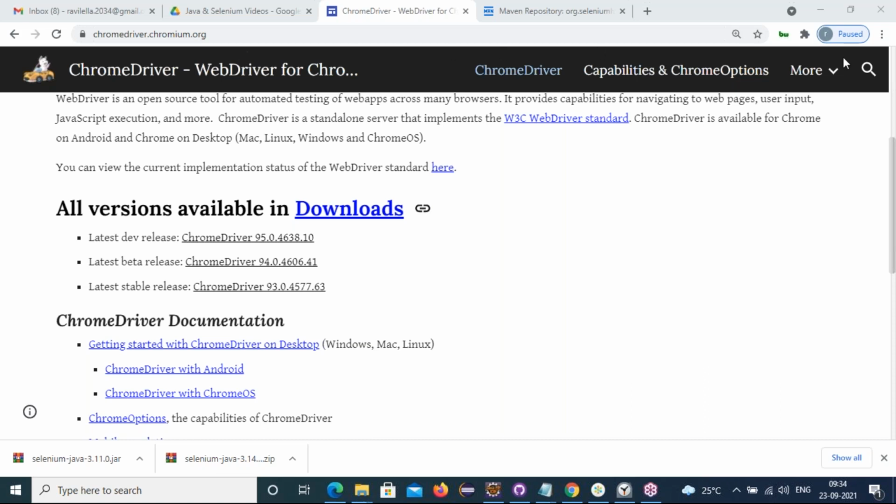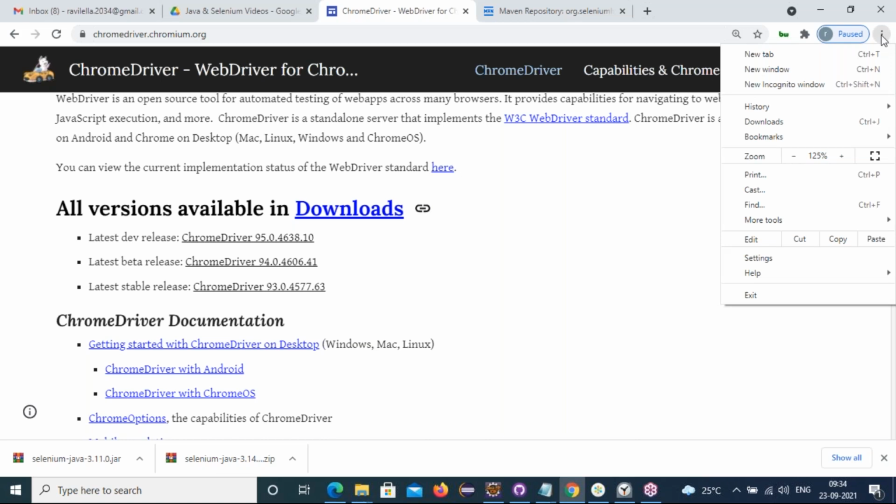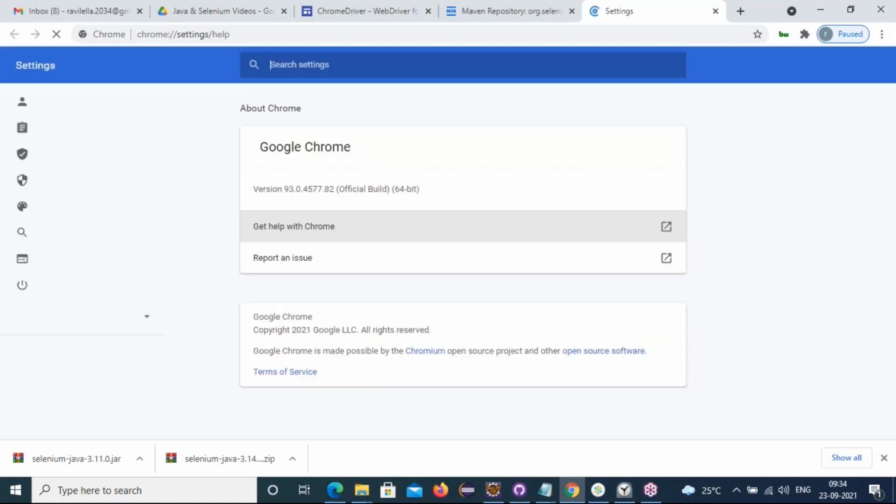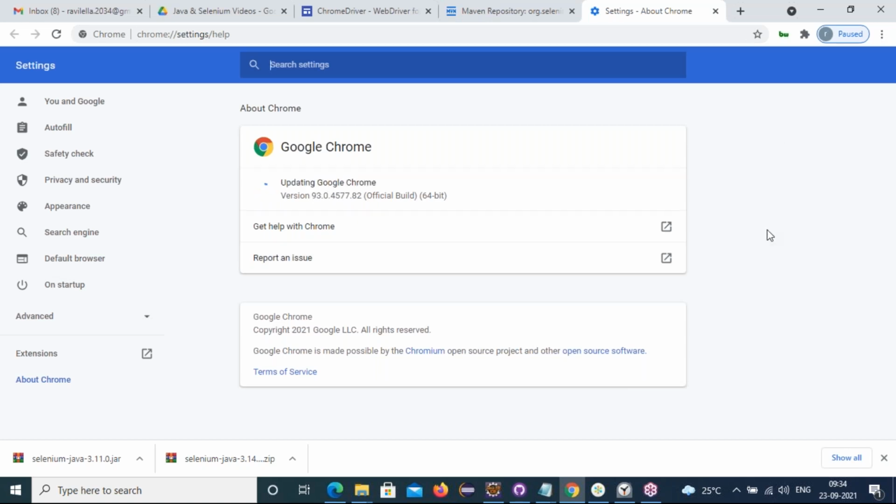So in the top right corner of your Chrome browser, there is a vertical dot menu. Just click on it. Go to Help, About Google Chrome. Here we can see in my computer the Chrome version is 93. Only 93 Chrome version supported drivers I need to download. Okay, now let's wait. Something is updating. Might be the version is updating. Let it update. Finally, I'll get one version, and only that version's supported drivers I will download.